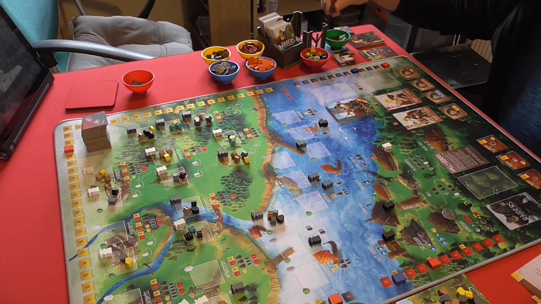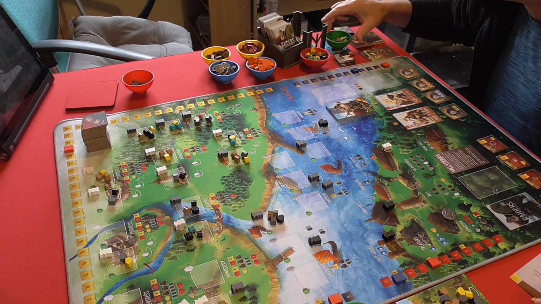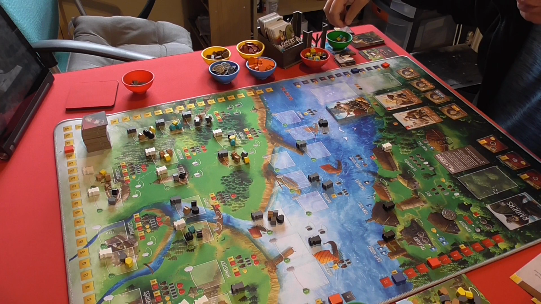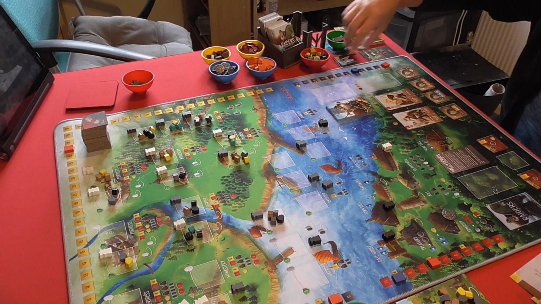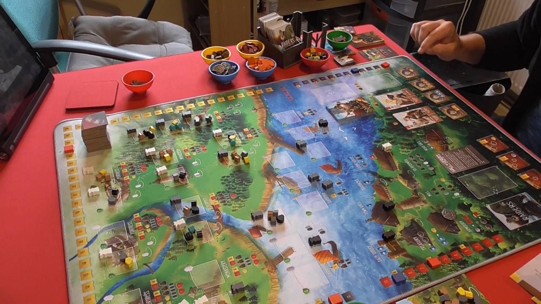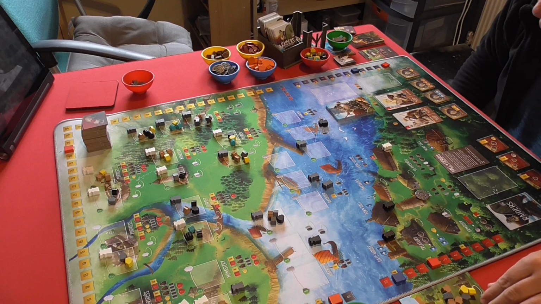Raiding a fortress, can he do that? He's got 2. Ooh, no, because he's only got 1 gold and he needs 2. So he's going to get another one of these guys. So these are building up and going down at the same time, and he's blocking the mill. Okay, so